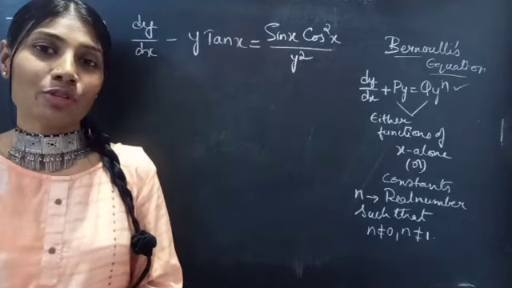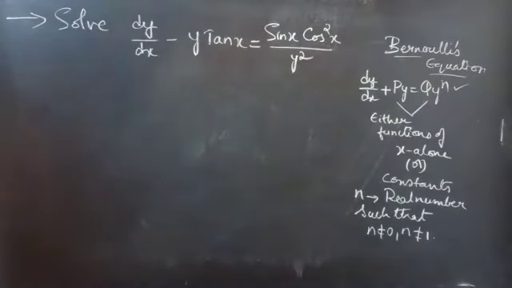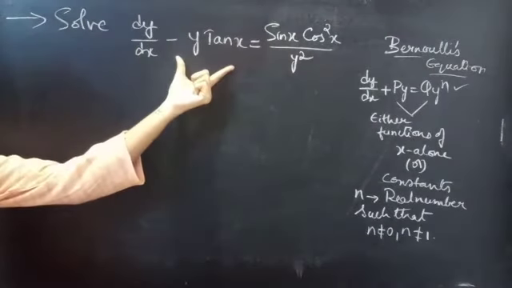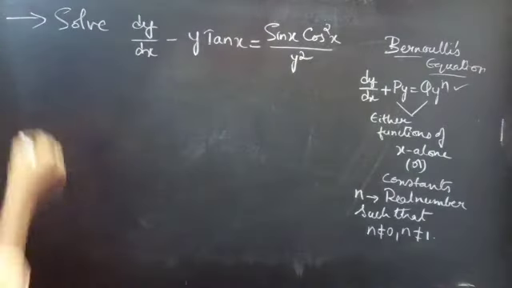In this video, we are going to solve the given differential equation. So let's get going. Problem: solve dy by dx minus y tan x equals sin x into cos square x by y square. Solution: